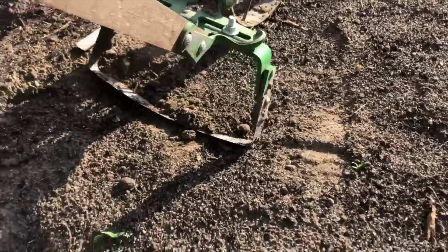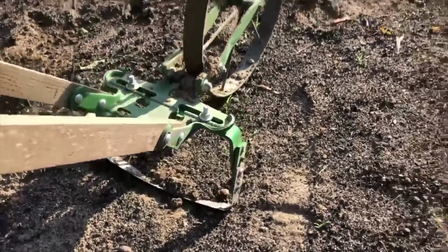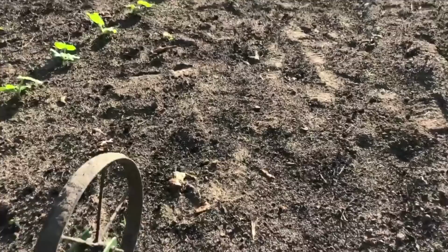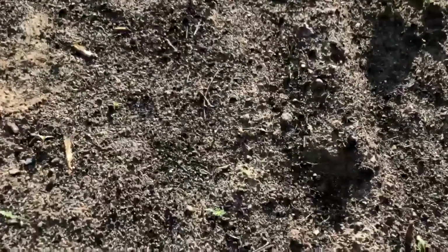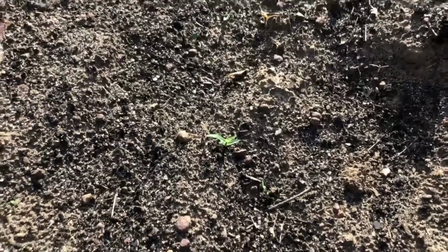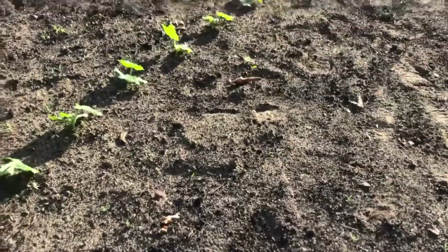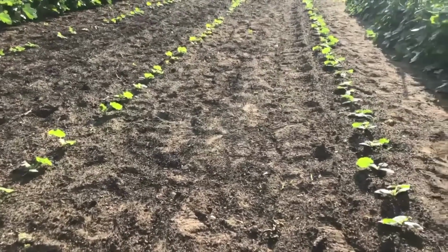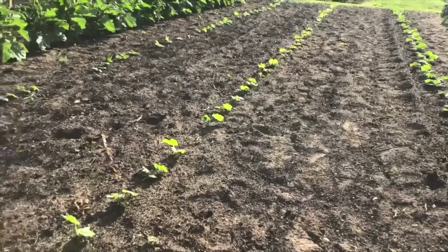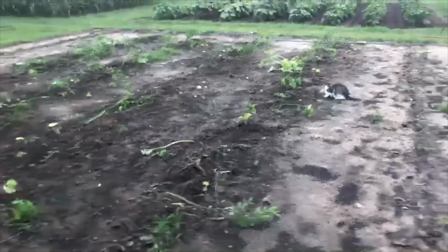And I like to alternate between a slicing tool like the oscillating hoe or our sweeps. And the next time I cultivate, I'll come in here with the cultivator teeth and just go back and forth with those 2 attachments. But you gotta get those weeds when they're small like that. Can't be letting them go big, get a big root structure and go to seed. Gotta get them when they're small, and you won't have any problems. And that's the way to keep that weed seed bank down, and it will do wonders for your weed pressure in the future. Well, that right there is the last squash harvest for this plot right here for several years